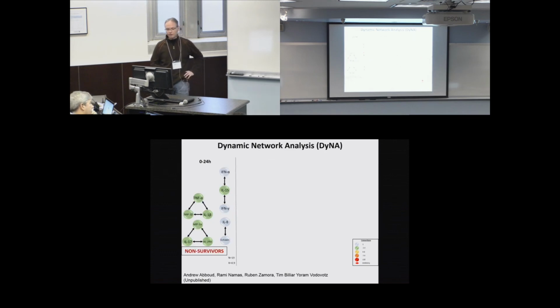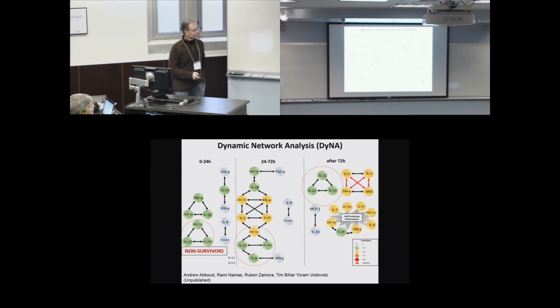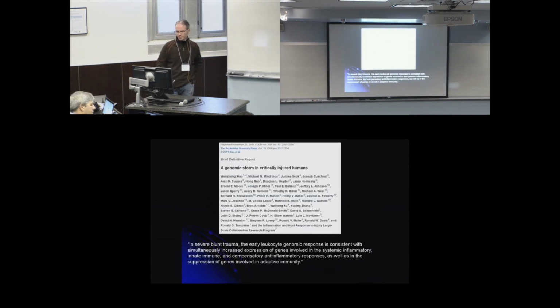So what does it look like in the non-survivors? Well, right from the get-go, their networks are bigger, and they get bigger, and then they get really, really big, and so we just put them in this kind of "stuff happens" picture. And importantly, T-cell stuff is going on, but it's not as pervasive, although IL-17 is very important, it looks like. And only later do you get this small subnetwork of IL-21, 22, and 23. And that's really interesting because